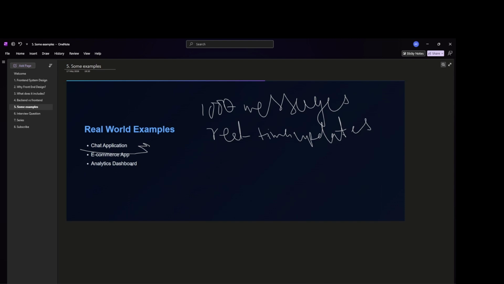Another example is building an e-commerce app, where you might need filtering of products and sorting. These are real-life examples where front-end system design plays a very important role.